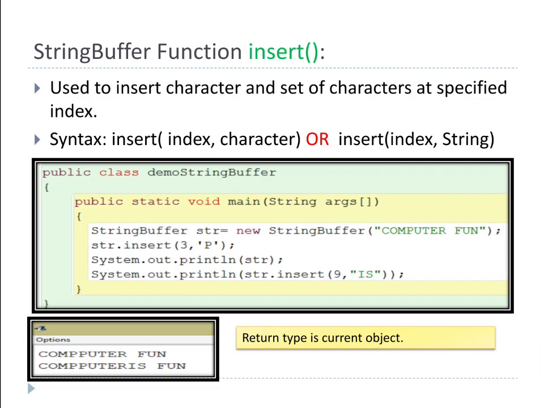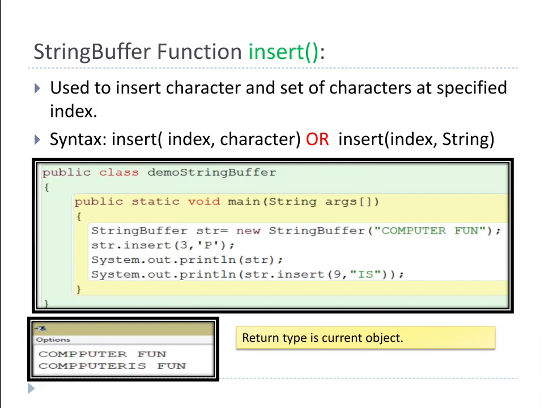It is inserted between particular positions. See, position is 3. In that position, it provides P. Means nothing is going to be removed. Just in the third position, P is inserted and the remaining characters move forward. See, in the output, we are getting computer with 2 P.